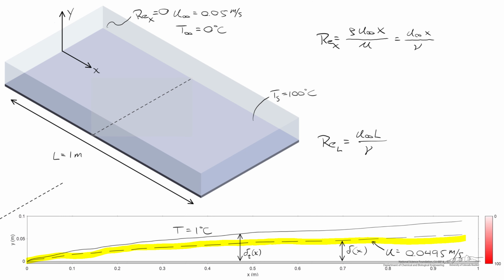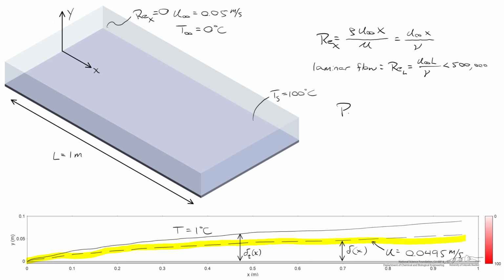So let's back up a second. One thing that we need to confirm is that there's no region on the plate in which the Reynolds number is greater than 500,000. Because if this was at 500,000, for example, we would find laminar flow upstream of that dashed line, and that laminar flow will turn into turbulent flow once Re sub x exceeds 500,000. And this type of flow we can't handle mathematically the way we're going to look at these simulations. So we're just going to confirm that the Reynolds number Re sub L is less than 500,000. So that's a major assumption that we're making, that the flow is laminar.